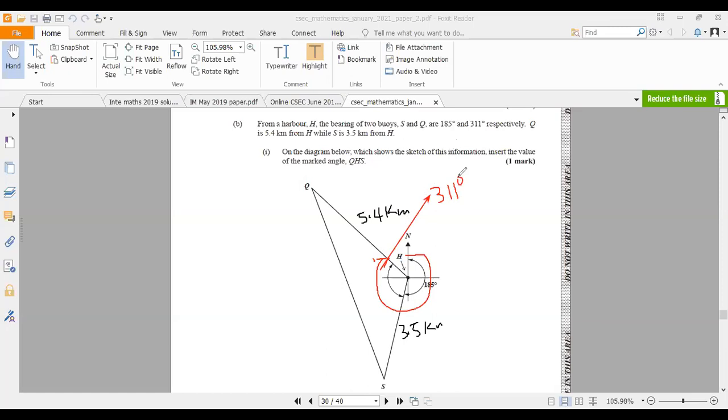Okay. Look at the next question. What does it say? Calculate QS, the distance between the two buoys. Calculate the what? The distance? Okay. So what does it mean there for everybody? Before I can answer that question,